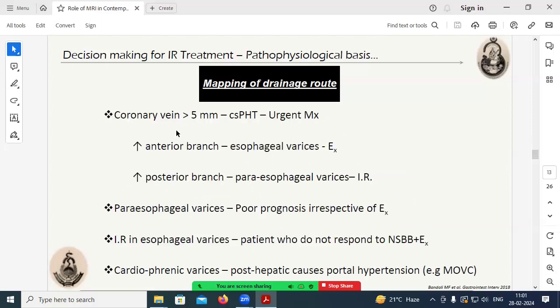Just as an example, if we have a coronary vein which is significantly dilated, that's an indication for urgent management. If the anterior branch is involved, then obviously the esophageal varices will be more prominent and the endoscopist would get the preference for managing initially. But if the posterior branch is leading to paraesophageal varices, which are quite nasty for bleeding, then in those cases you'll have to perform an IR procedure. In esophageal varices also, if they are not responding to non-selective beta blocker therapy combined with endoscopic sclerotherapy, in those cases also you can go in for endovenous